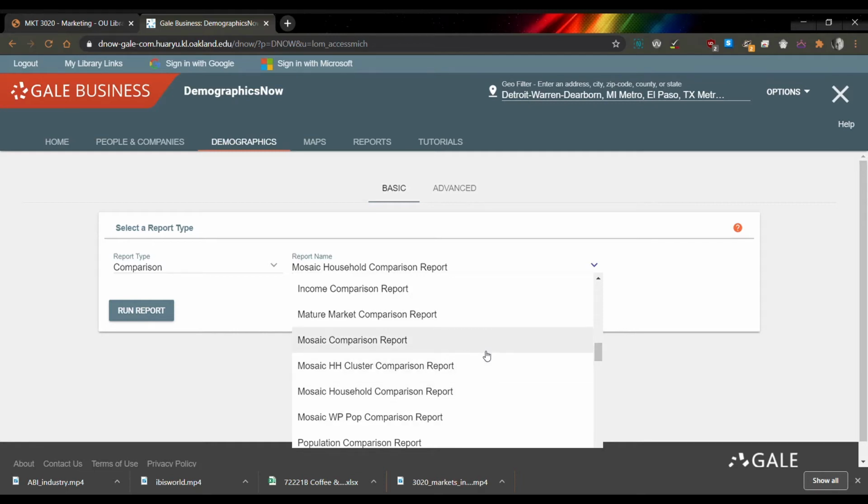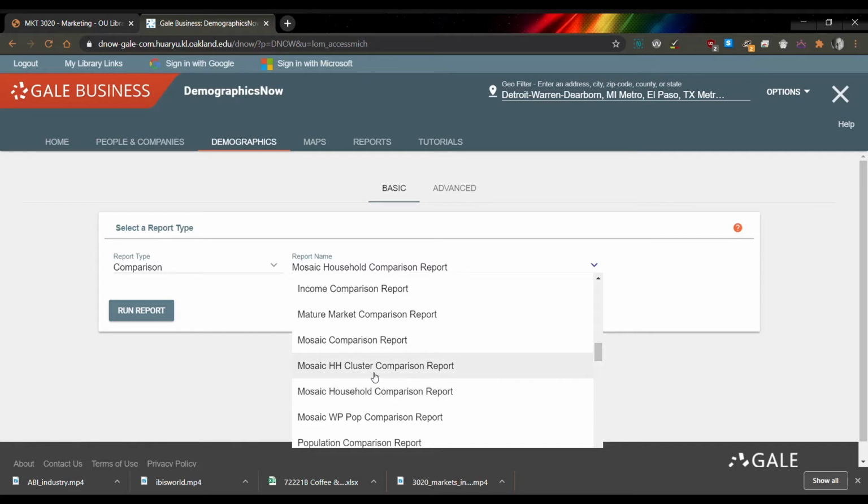I would just encourage you to use 2 of them, only because their documentation on how these individual reports differ is a little bit shoddy to me. So the Mosaic comparison report is one that I would recommend. It's doing it based on populations, or just raw numbers of people. And then the household one is looking at the characteristics of the entire household that lives together. So comparison and household are the ones that I would recommend using,